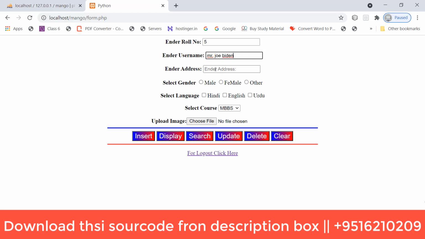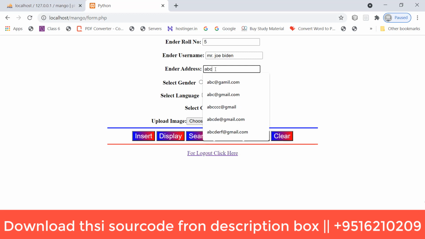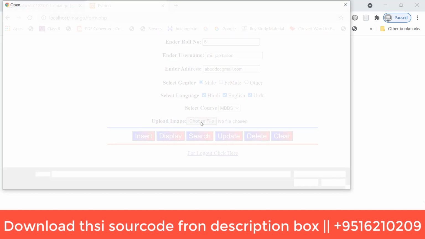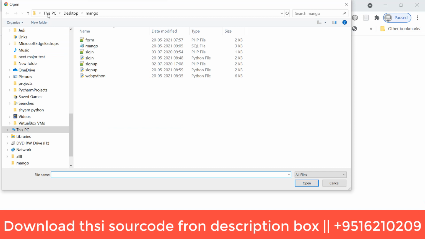Okay, and email address, this is a dummy entry, abcd@gmail.com, and languages Hindi, English, and degree. For example, I am taking MBBS, and choose the image.